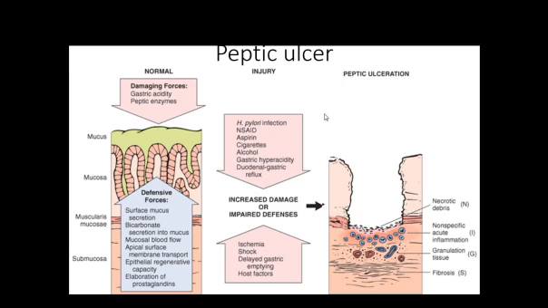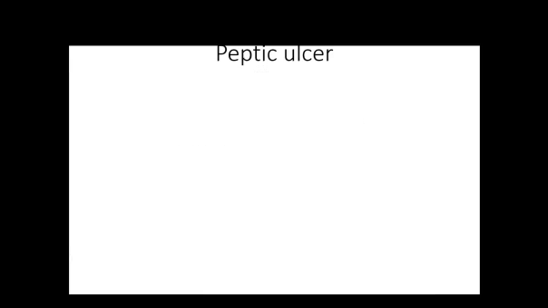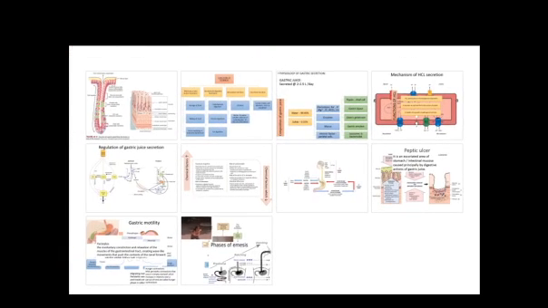They block the excessive histamine release, so that the histamine release is reduced, which subsequently reduces the production of gastric juice. Last but not the least, a commonly used non-invasive interventional drug treatment is proton pump inhibitors, which inhibit the synthesis or production of more and more H plus ion and the release of H plus ion into the gastric lumen, and thus reduce the gastric acidity. That's all about peptic ulcer.